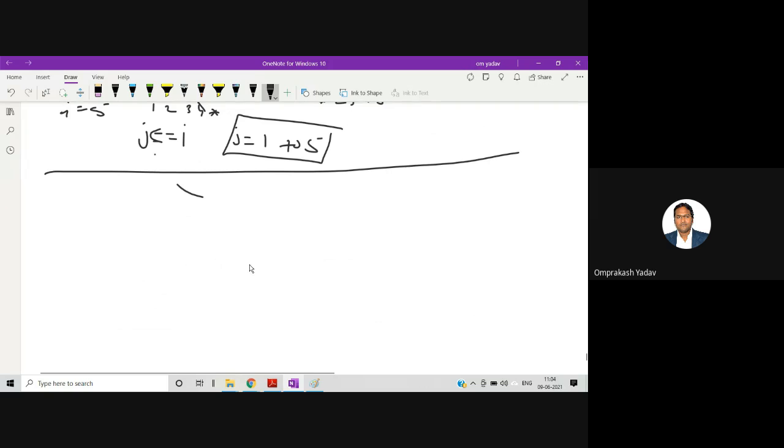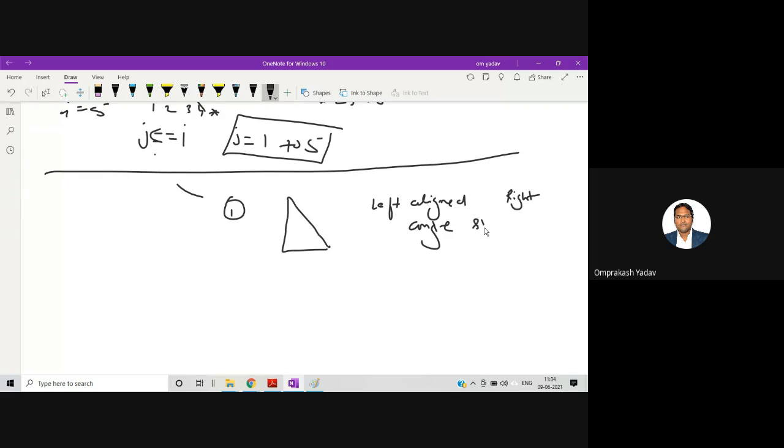The next type is very, very easy. If you remember the first type, then all the pattern problems are very, very easy, right? So we saw the first type, and in the first type we saw this kind of pattern. I gave it the name left aligned, right angle, straight triangle.